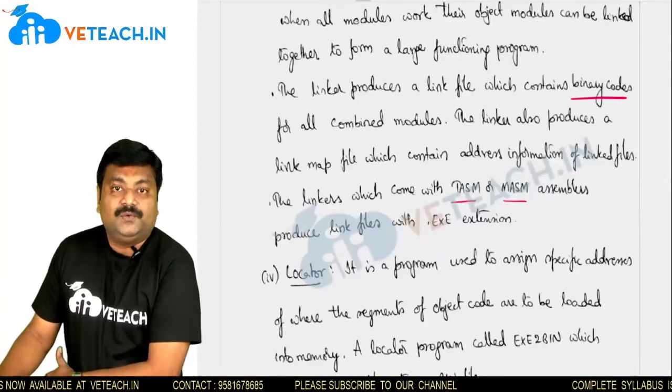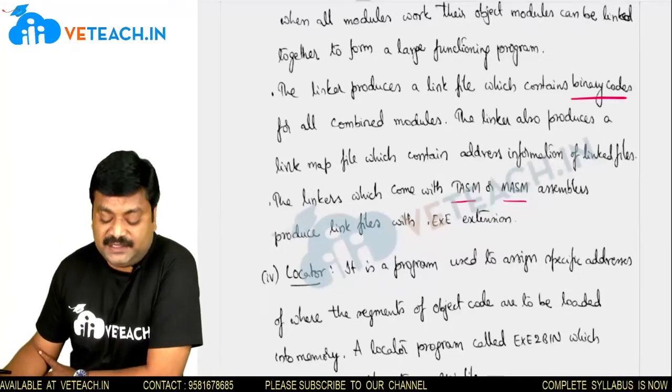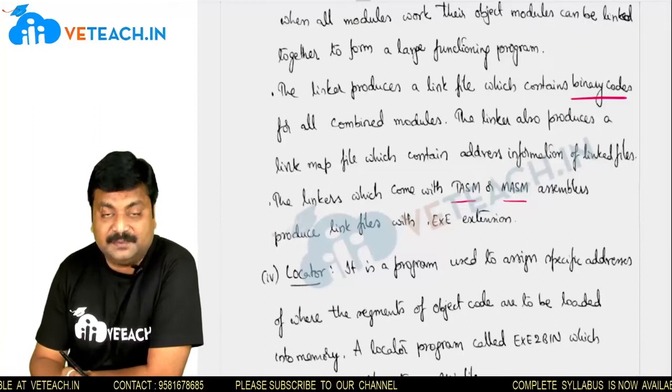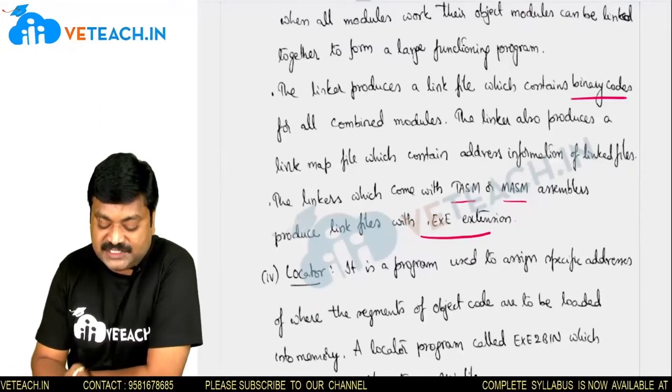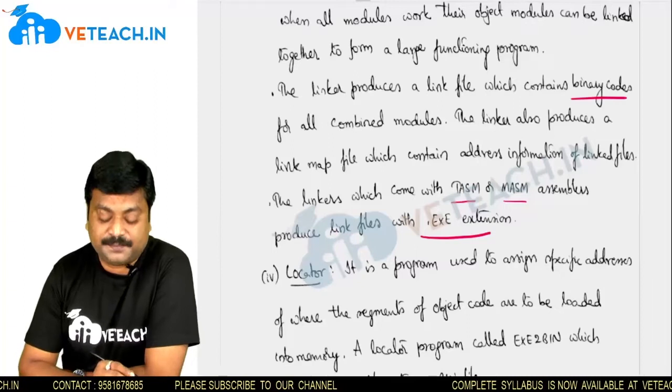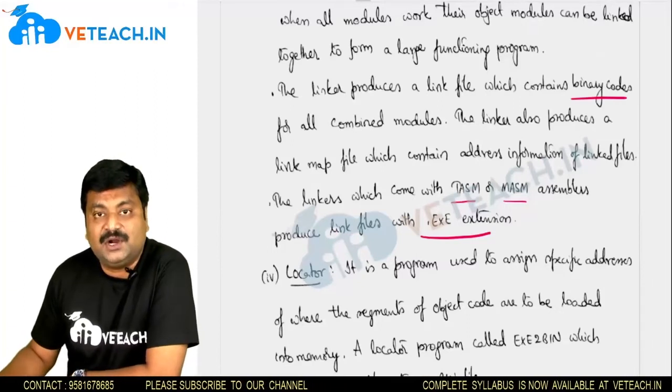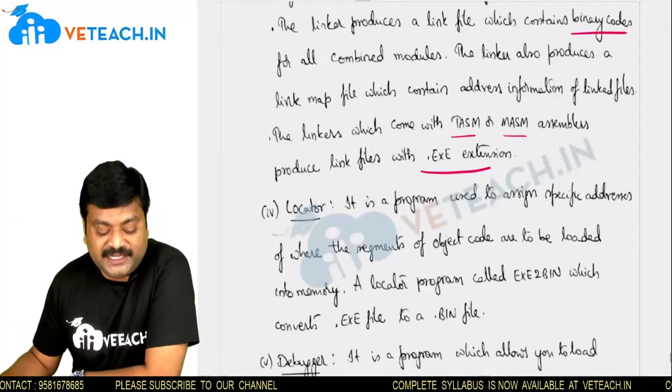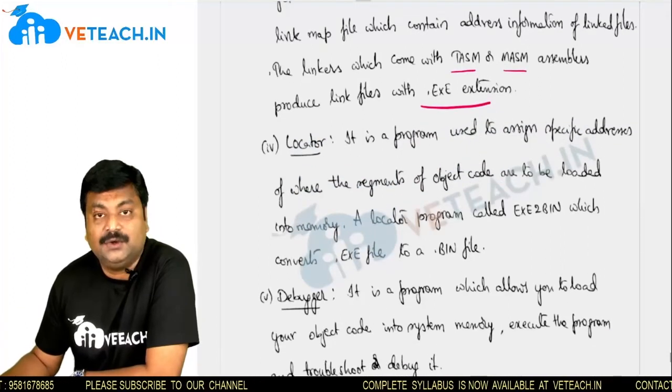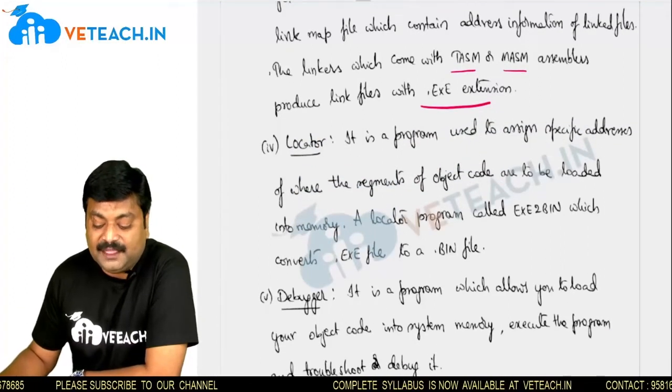And once these files are linked, the output comes with the extension .exe. And once this .exe file is generated by the linker, we will send it to the locator, where this